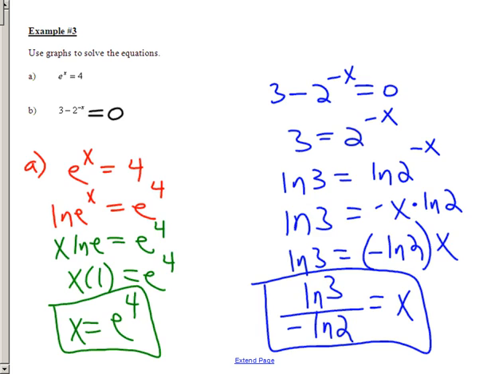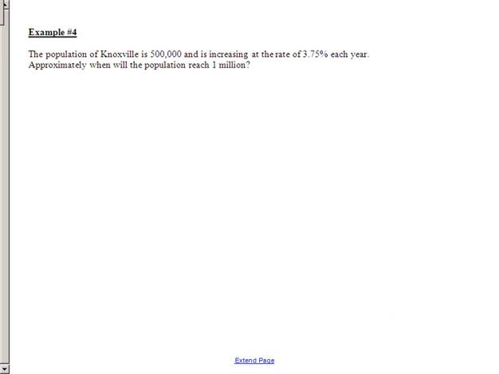Okay? 7. The population of Knoxville is 1,000, and it's increasing at a rate of 3.75% each year. When will the population reach 1 million? Okay? So, on this particular problem,